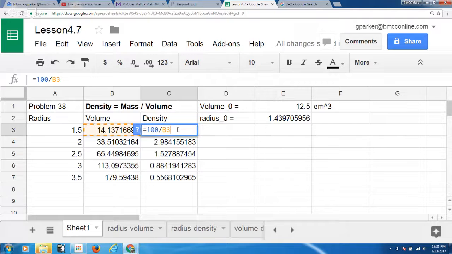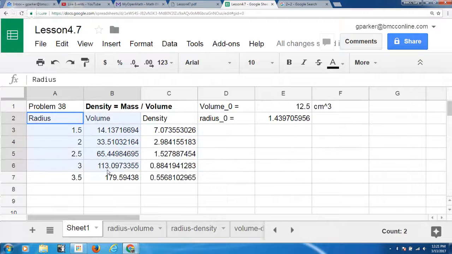So I just took, for density, I set it equal to my mass, 100, divided by my volume, which is changing with the size of the ball. And then I fill that down. So I can see here, as volume increases, density drops, which is what we predicted earlier when we were messing around. Looking at the graphs of these, so if I ask the computer to graph radius versus volume,